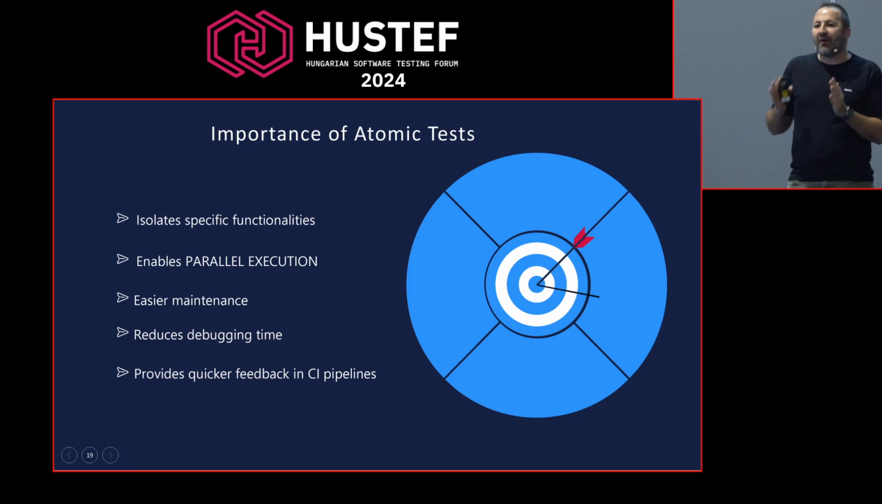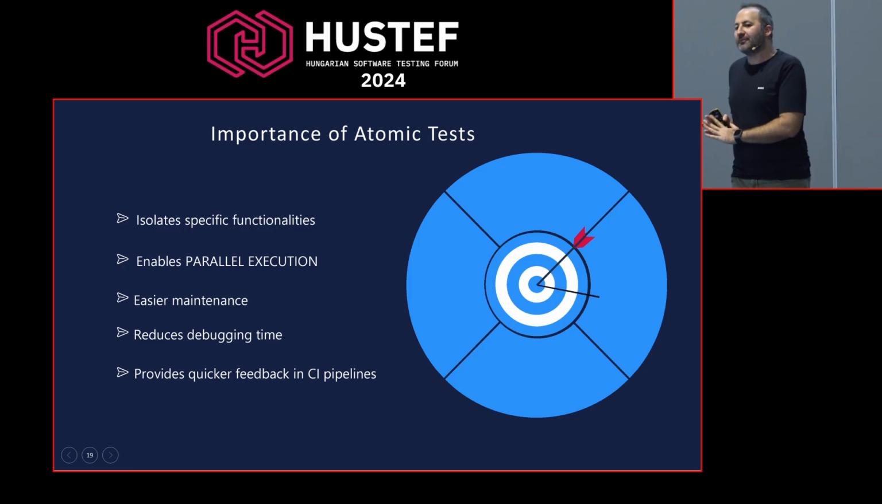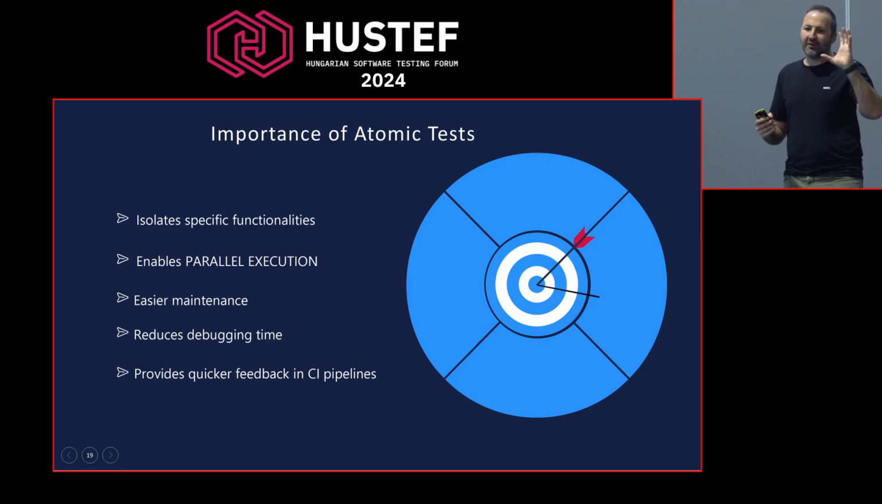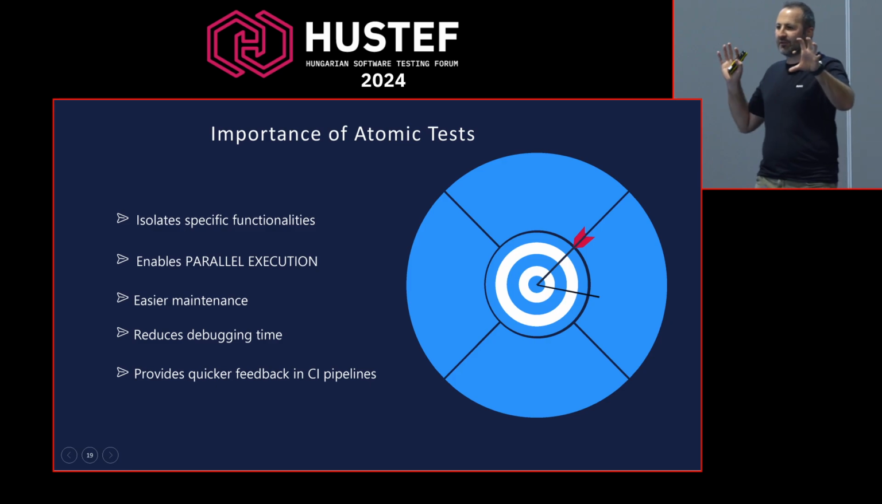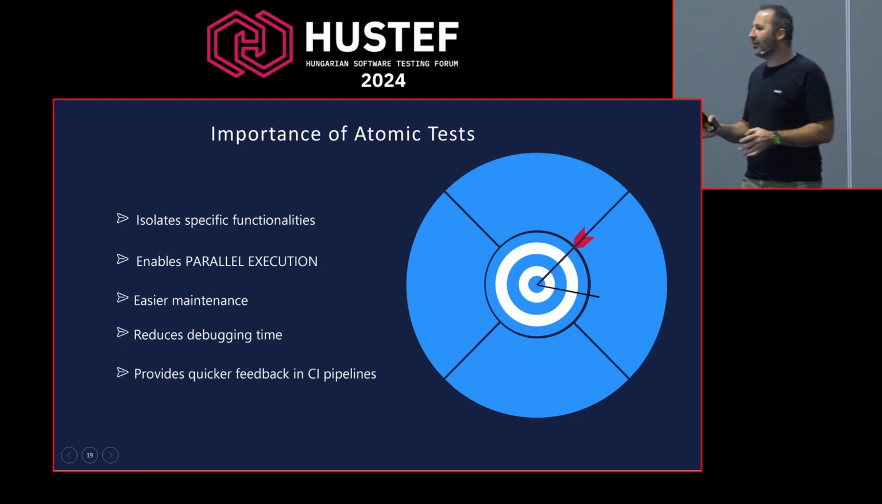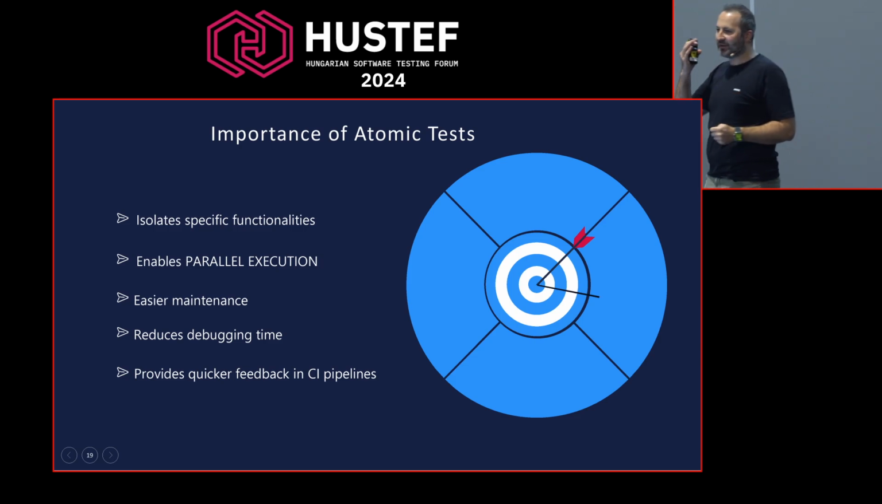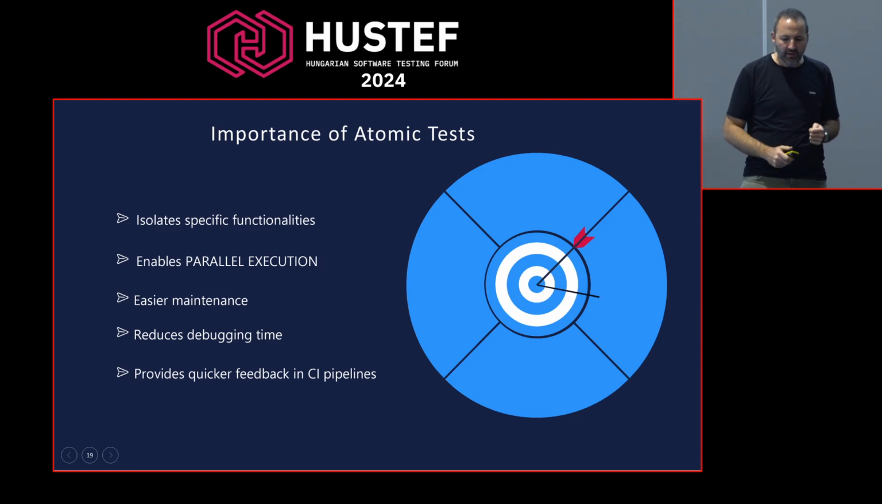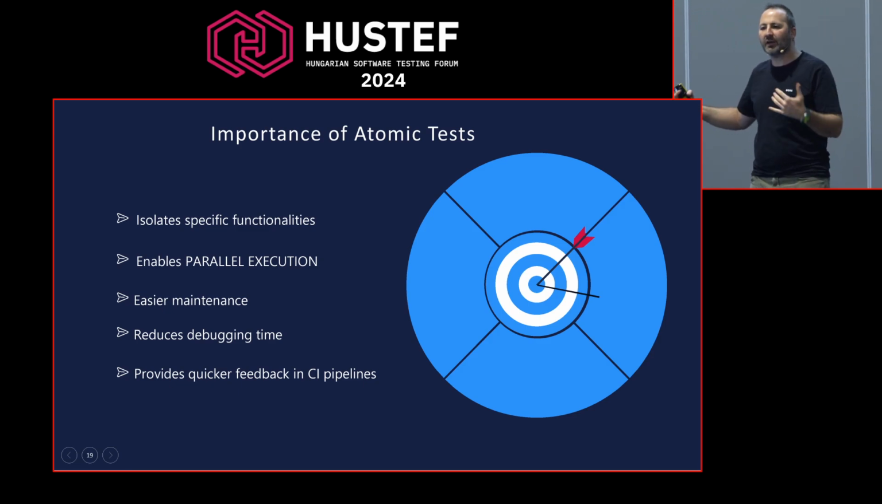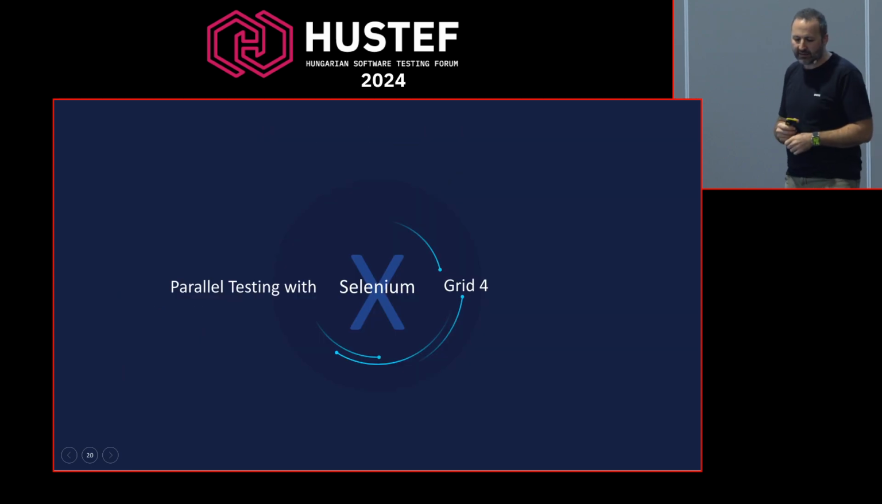So atomic tests enable you to run your tests in parallel because they are small, they are compact, they are testing one thing, and they are independent and isolated, so you can run them in parallel. It's easy to maintain because they are small. Whenever it fails in the comments, you know that the problem is in comments. It shouldn't be another thing. It's reducing debugging time because it's small again. Every functionality tests one thing, and it's easy to debug. It provides quicker feedback, so it runs quicker, and you can provide that feedback to the developers as quickly as